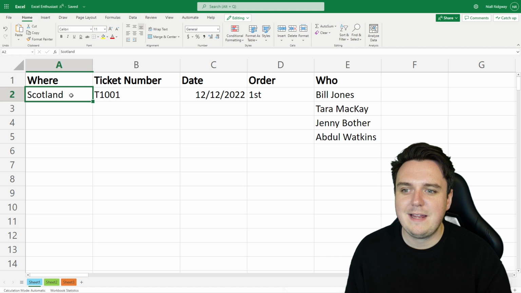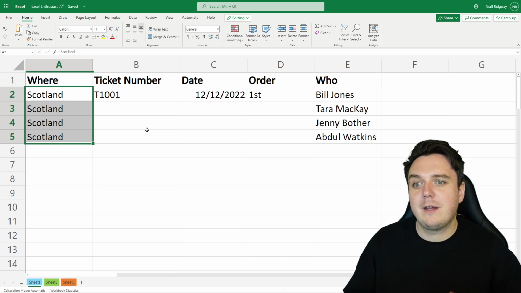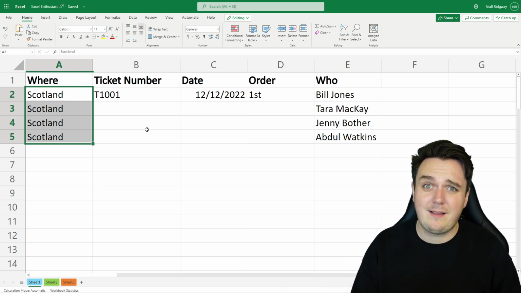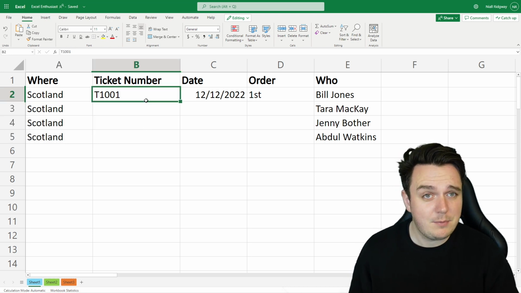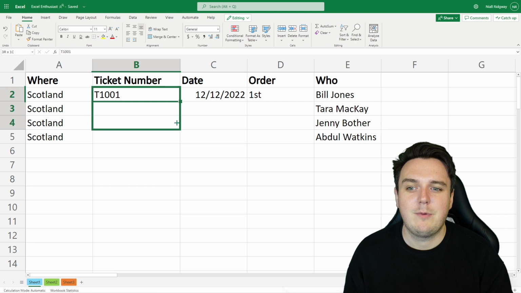If I click on this green box and I drag down, there we go. It's going to copy and duplicate whatever is in that cell. But Microsoft Excel is really clever. If you have a number in there and it thinks that you're wanting to create a sequence, then it will